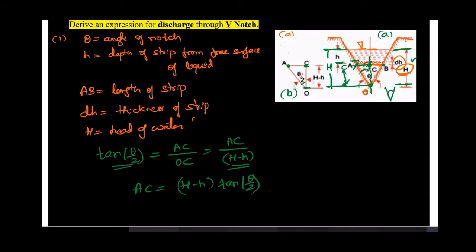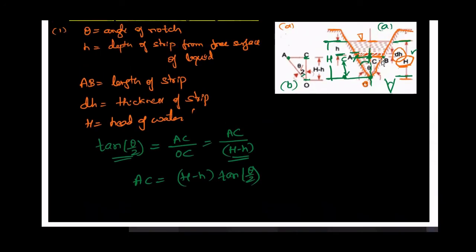Okay. Next, the width of the strip we will write. The width means AB, the total length of the strip AB or width of the strip AB. I will write here width of strip AB is equal to AB from this point to this point. AB is equal to, dear students, can you write AB is equal to AC plus BC? Here total length is AB. AB is divided and you have taken one midpoint at C.